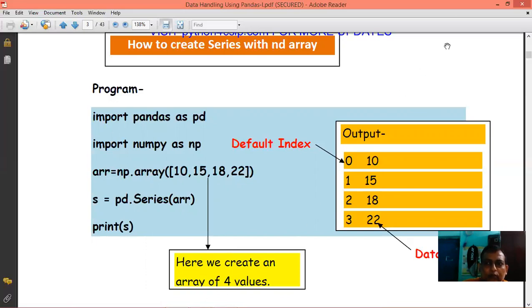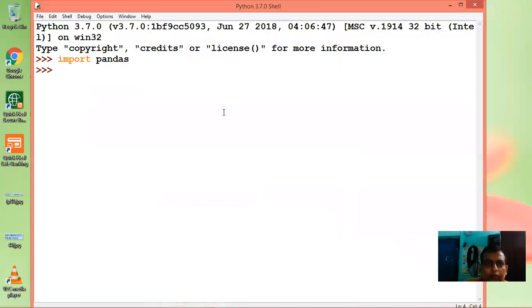So we'll go to the Python IDE and write import pandas as pd. We write pd so that it will reduce our typing time and the length of the code.